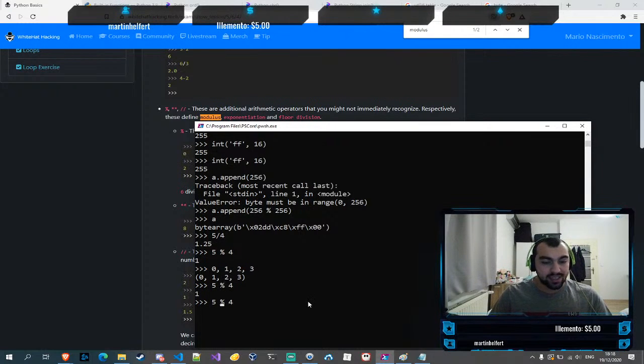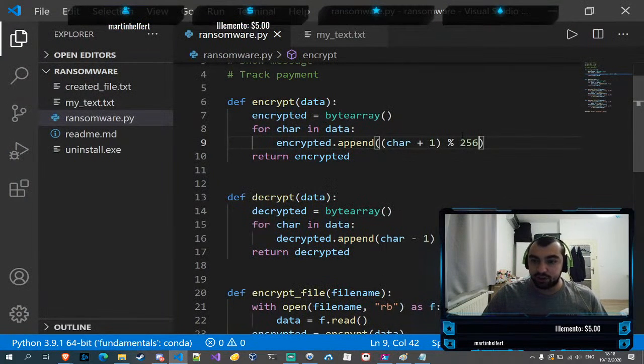Now if we do 6 mod 4, it's going to be 2. Because again, we have 0, 1, 2, 3, 4, 5, 6, which is 2. And again and again. So this is limiting it to a particular numbering system, which goes maximum to 256, and then just goes back around. So if we do the exact same thing for here too,